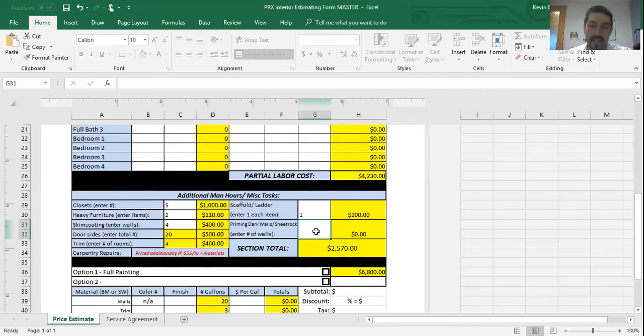So let's just say that in the foyer you had to remove wallpaper. And when you were removing that wallpaper, you're going to have to skim coat and then also prime that whole area after you skim coat with like oil primer or something like that. Now, since you entered in skim coating, there were 4 10 by 8 areas there. You're going to do the same thing here, and that's going to give you all of your additional man hours